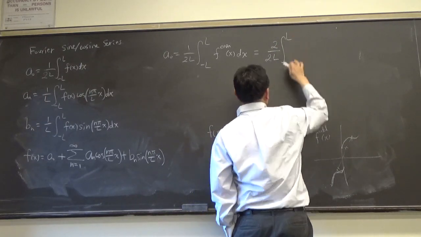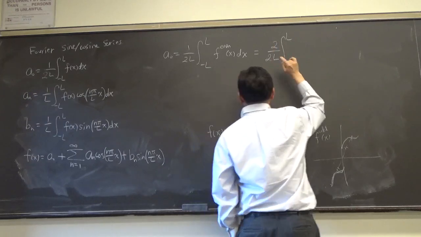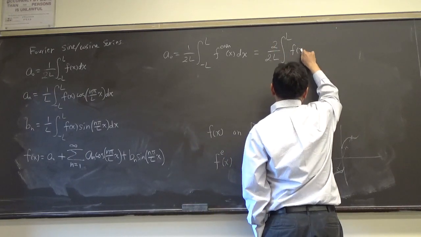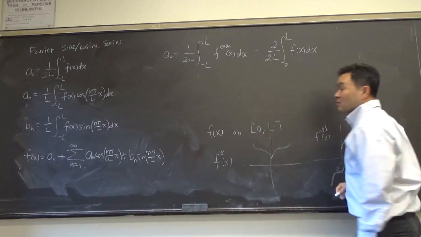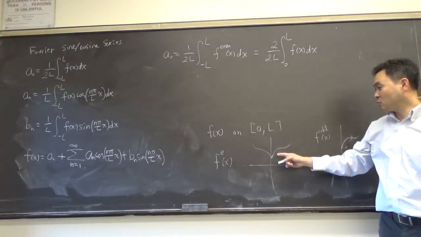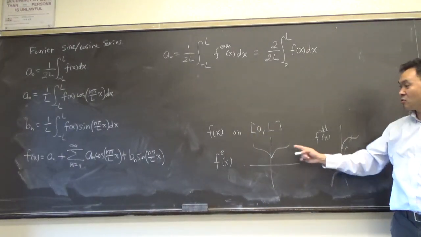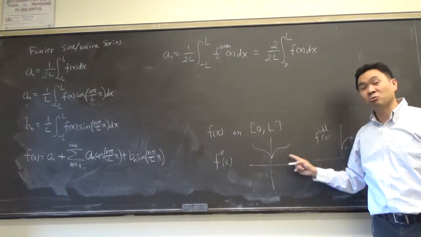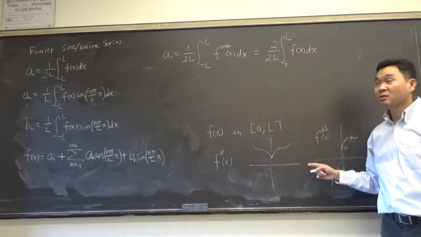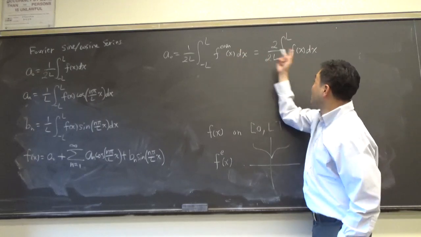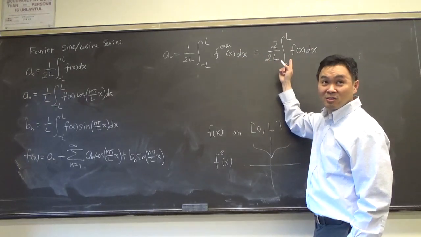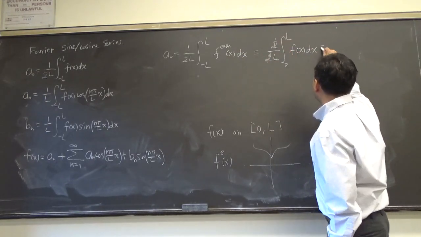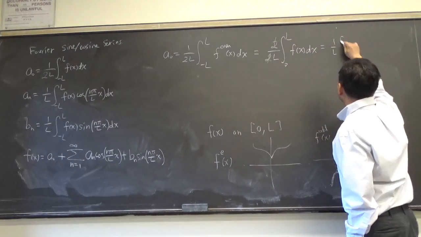You integrate over half the interval with double the integral, right? Then what you get is like, see, both even extensions or odd extensions would agree with the f of x from 0 to any L, right? So you don't have to think about the even extension anymore, it's just this. Okay? And this cancels, so now you have a nice formula